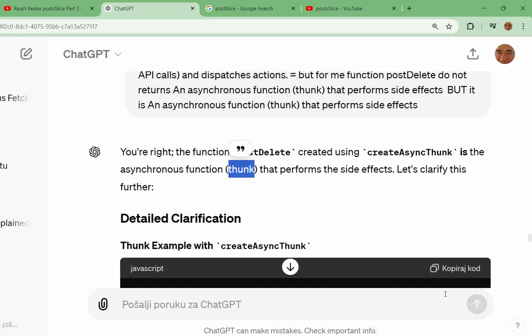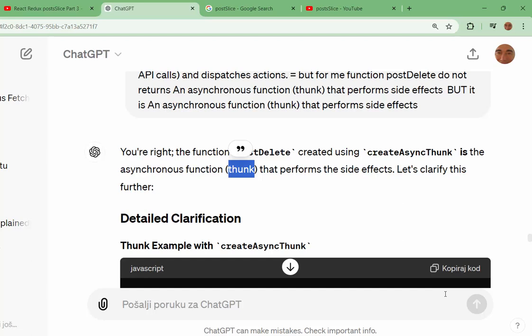But when we have an asynchronous process, when we need to get data from a remote server, in our example a mock server, then we dispatch a thunk, not an action creator, but a thunk.